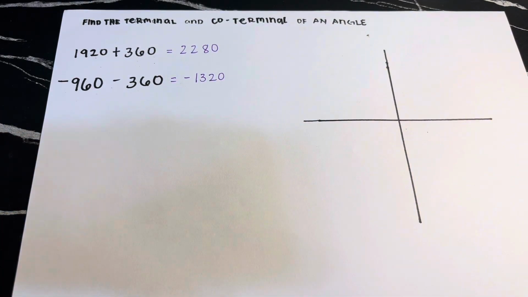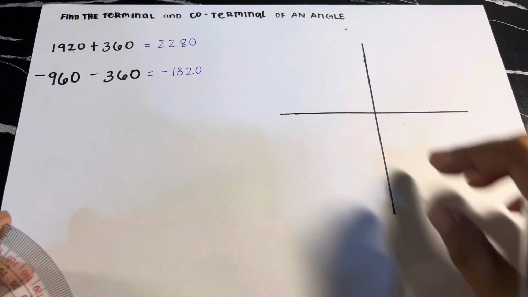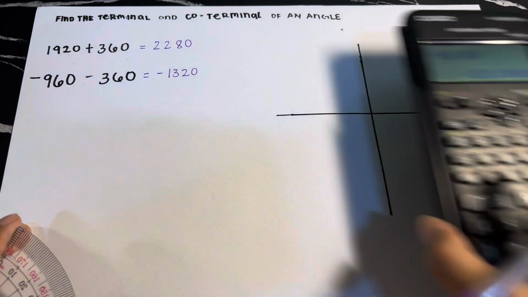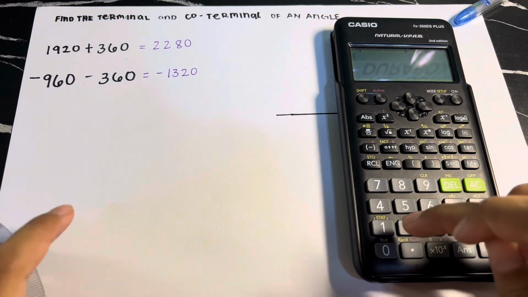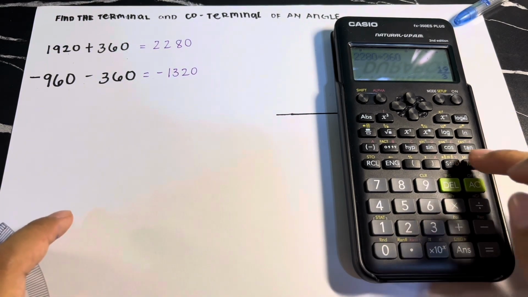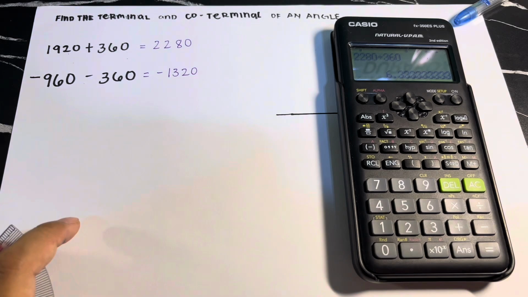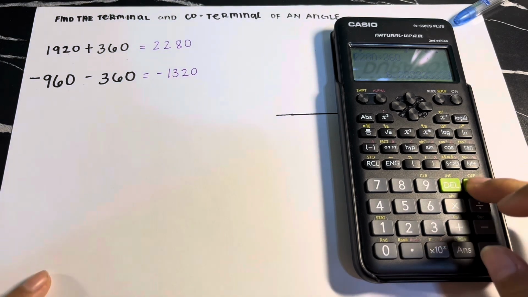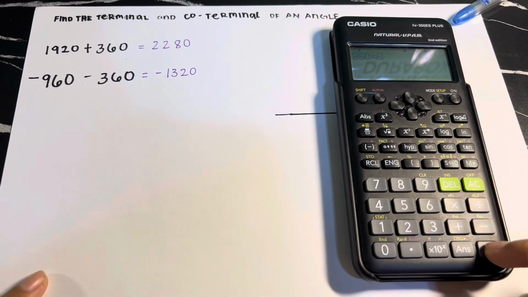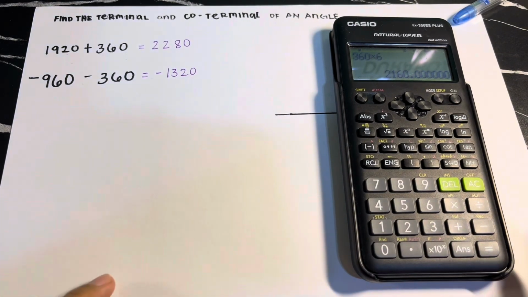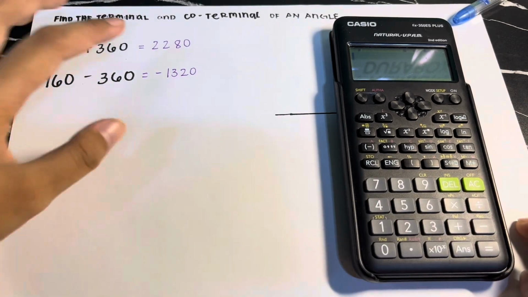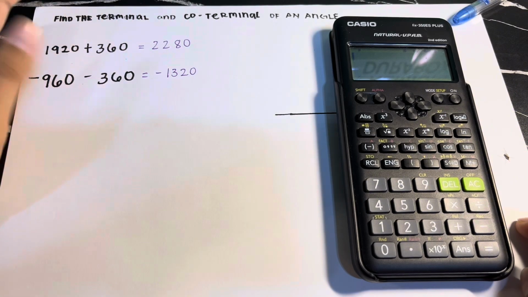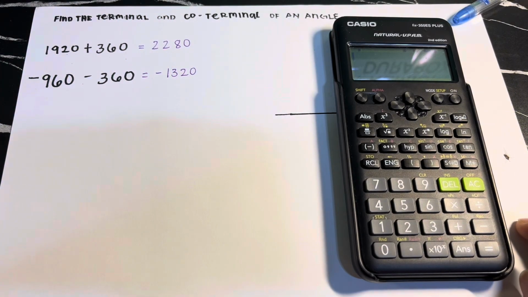After, we will find the coterminal and terminal of the angles 1920 and negative 360. I-add naman natin siya sa graph. I-identify lang natin kung ilang 360 ang meron sa 2,280. So, divide by 360. Meron siyang 6 na 360 sa loob ng 2,280. Yung nakuha natin, i-minus lang natin sa 2,280 para ma-identify natin kung saan natin siya ilalagay yung measurement.